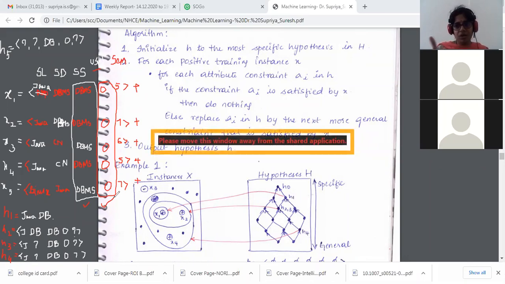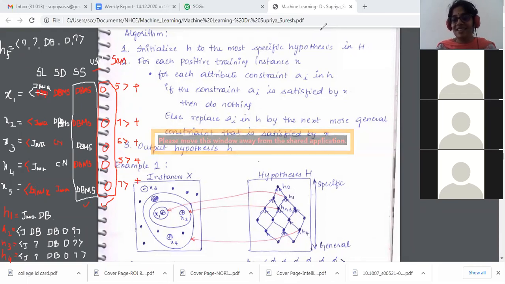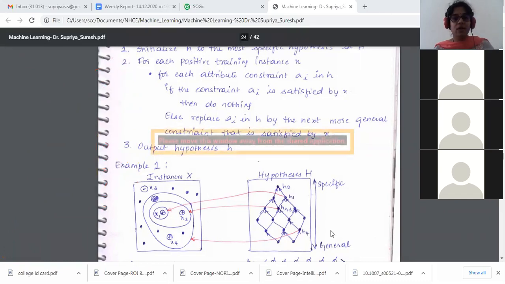Okay, so now are you clear with the Find-S algorithm? Do you have any doubts with Find-S? No, ma'am. No doubts. So the numerical of Find-S is ready. So any problem given to you, you'll be able to solve it, right? Yes, ma'am. Okay, cool. So I'll clear the screen. We'll go ahead with